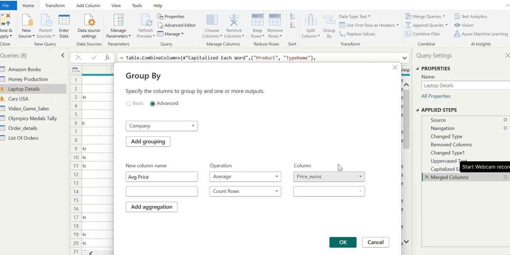Once we select the numerical column for the average calculation, we want the new aggregated table to contain two aggregated values. So in addition to the average price, we will add another aggregation, which is the product count for each company.